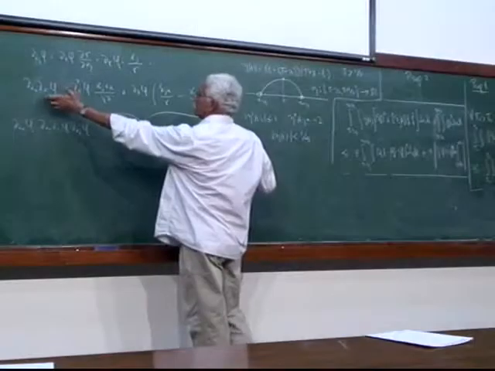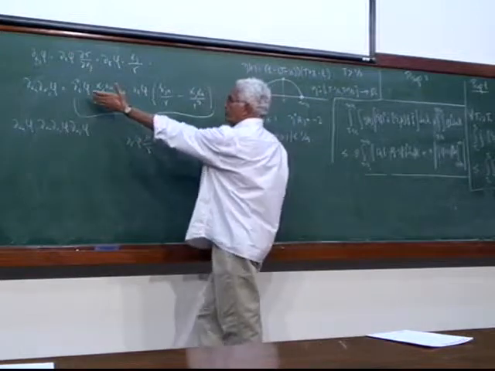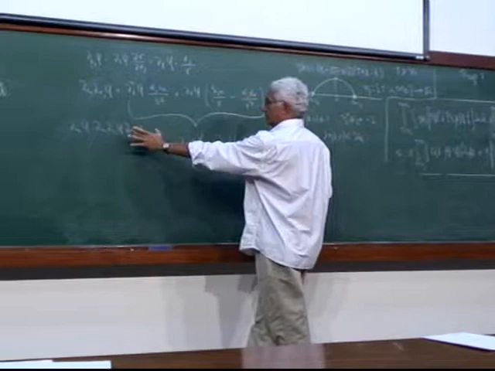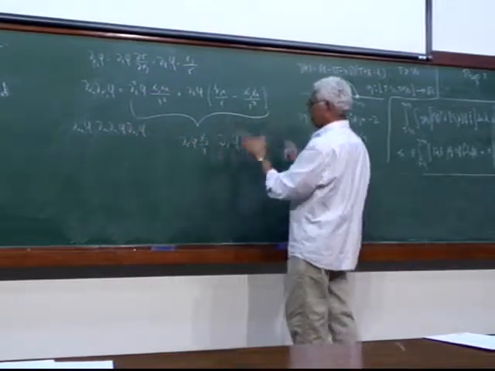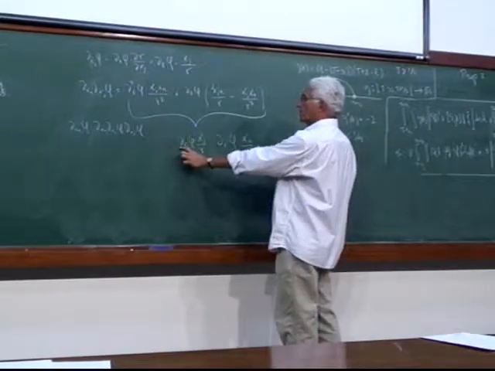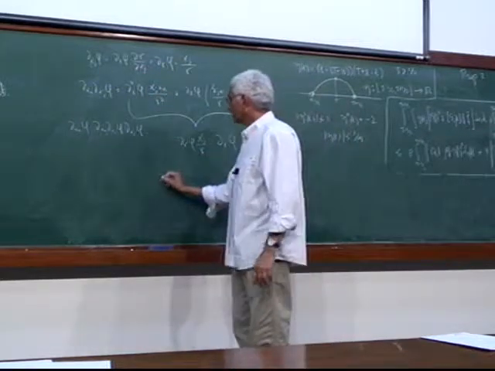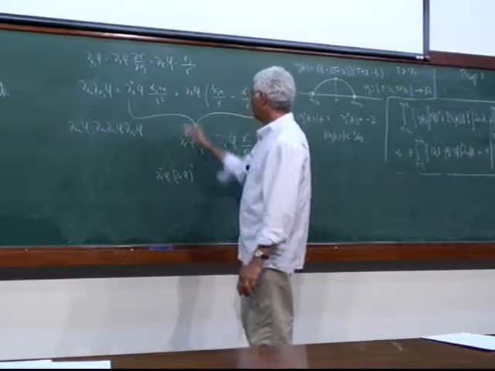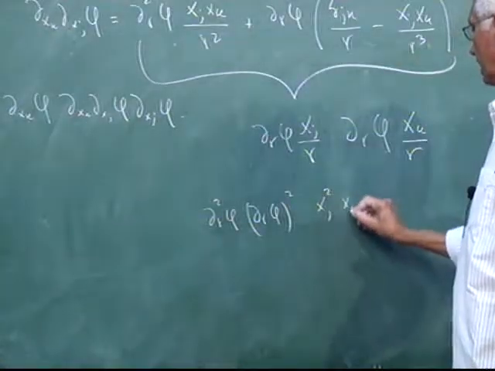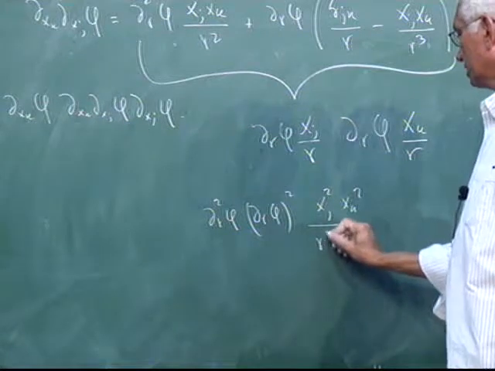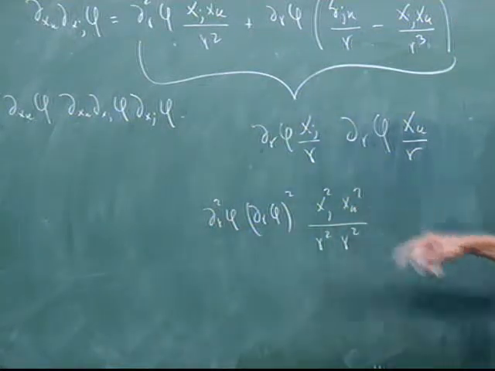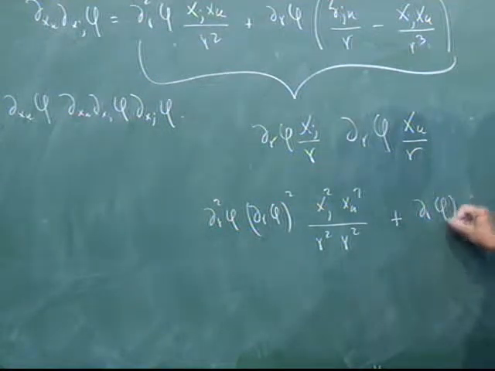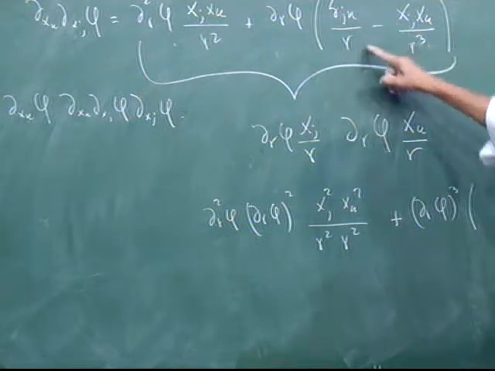Is this clear that this is the second derivative? I'm going to multiply this formula by the derivative with respect to x sub k from the right and the derivative with respect to x sub j from the left, or the other way around, it doesn't matter, symmetry. When you do that, what do you get? You get the second derivative, this one squared, and now you have xj squared, xk squared, r squared, r squared. The addition of this gives you 1. What do you get here? You have the radial derivative cubed, and what you get here is